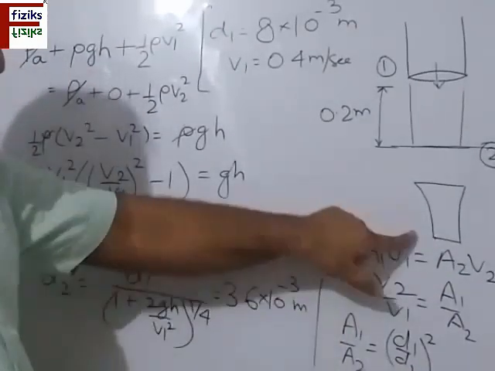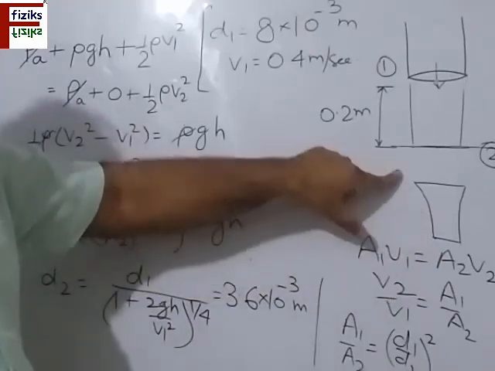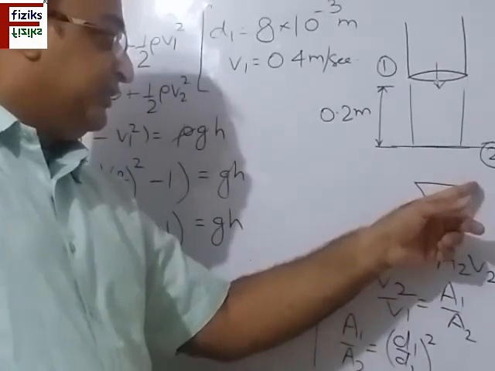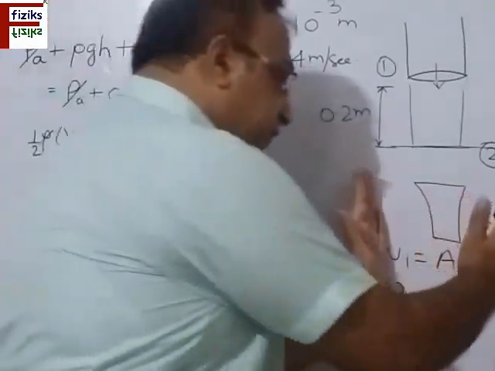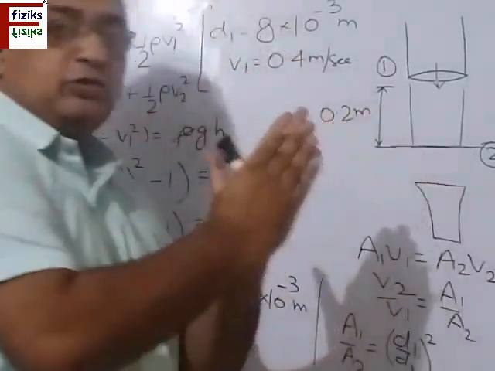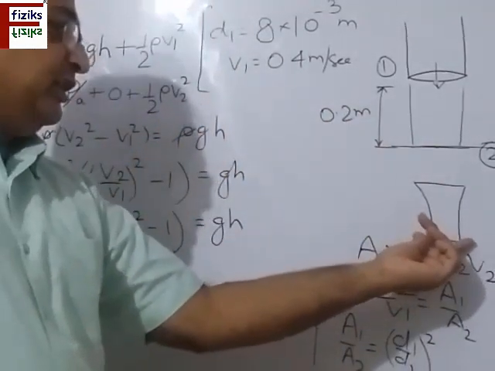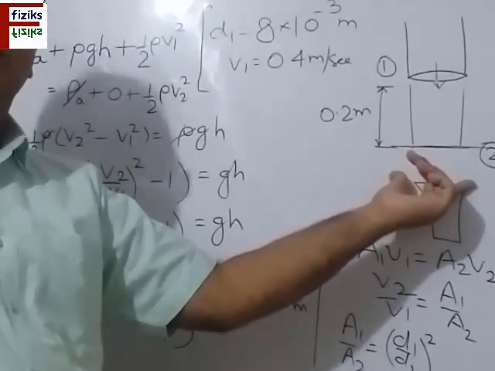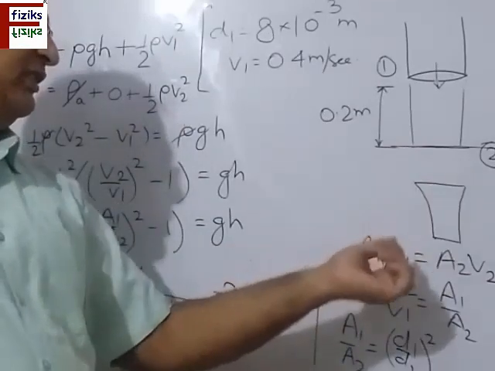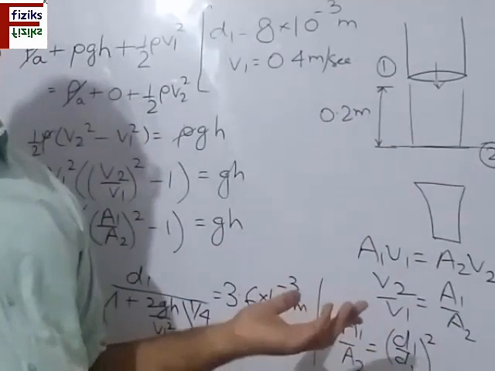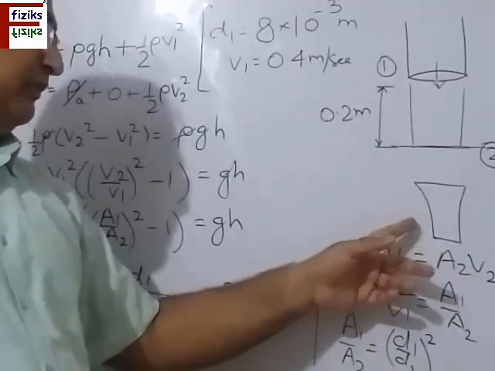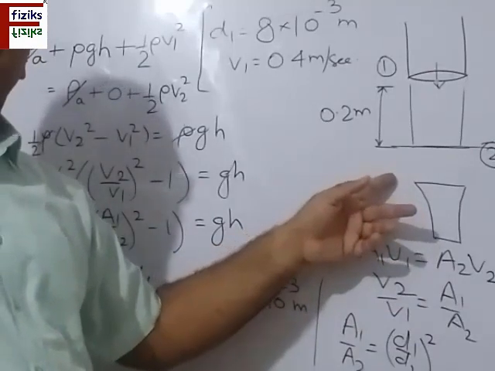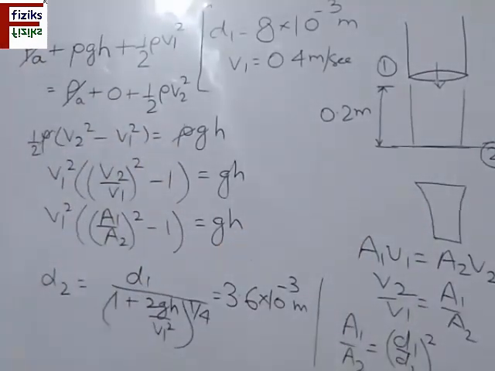So the pressure here decreases as compared to this point. As a result, the atmospheric pressure, which is same at both the sections 1 and 2, is pressing this liquid column. So as a result, the diameter here is less as compared to diameter at section 1. So this is the correct reason. So you must understand this, as this question is asked sometime. What will be the diameter here? Will it be less or more as compared to diameter at section 1, and why it is so? So note it down, please.